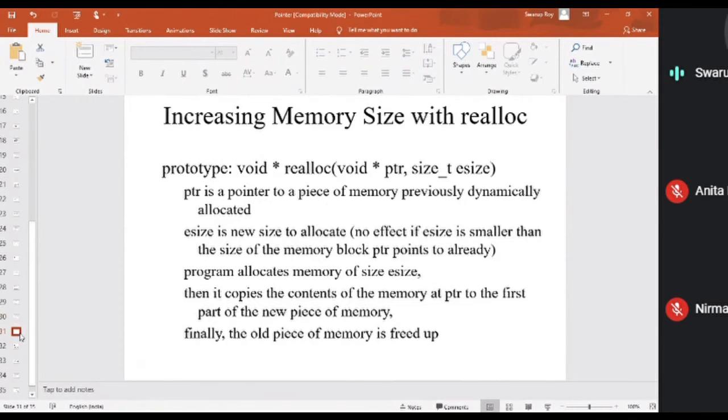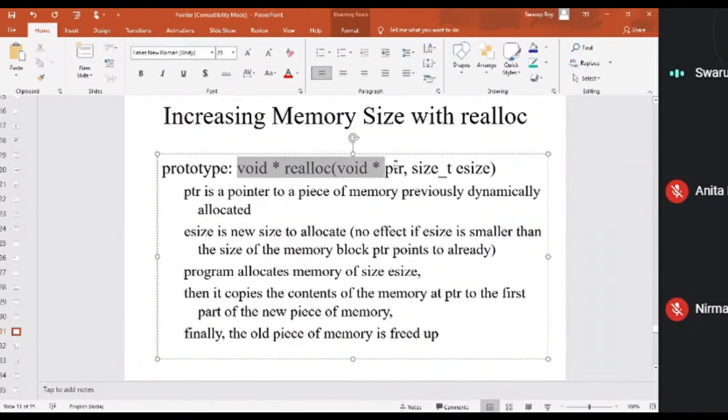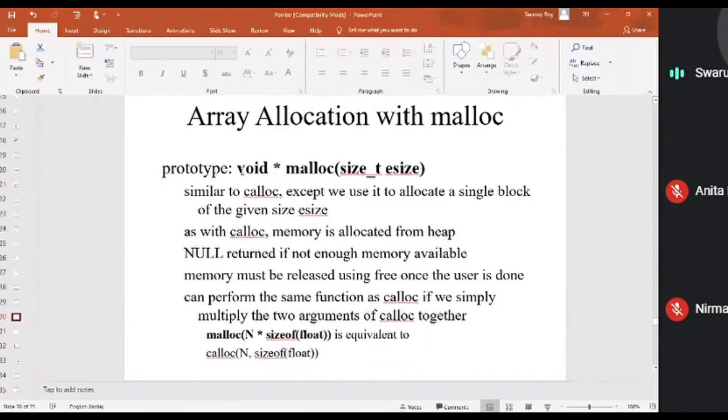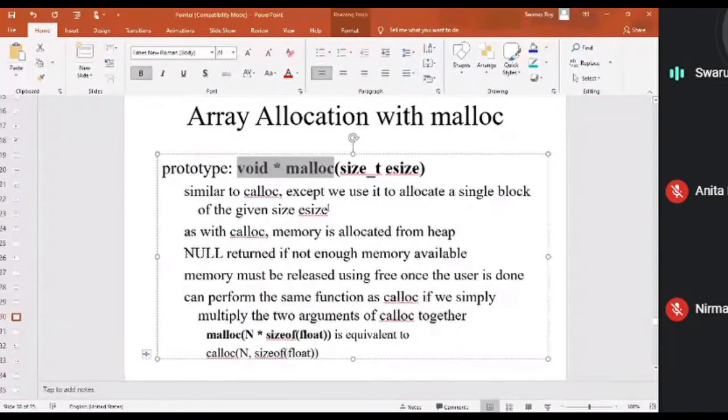Anyway, now let me show you realloc. What is the realloc function? See, malloc and calloc are the older functions. They occupy memory space of whatever size you give.